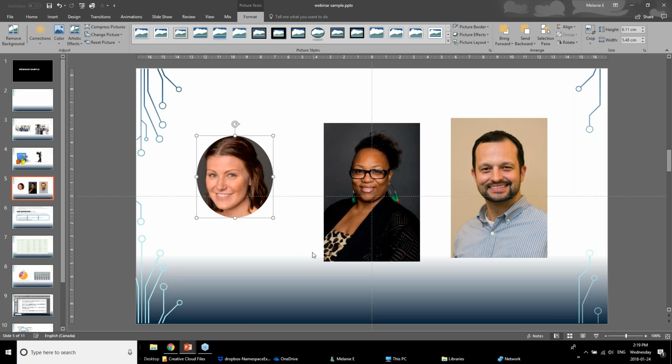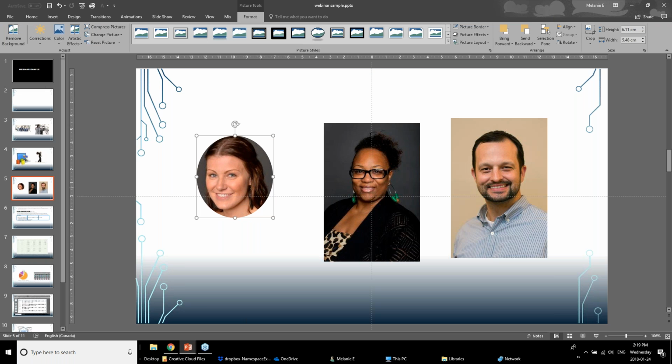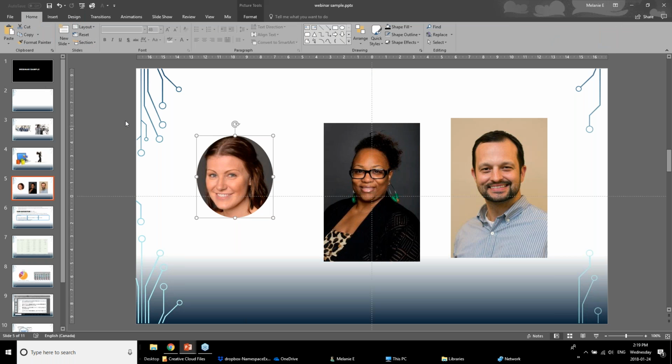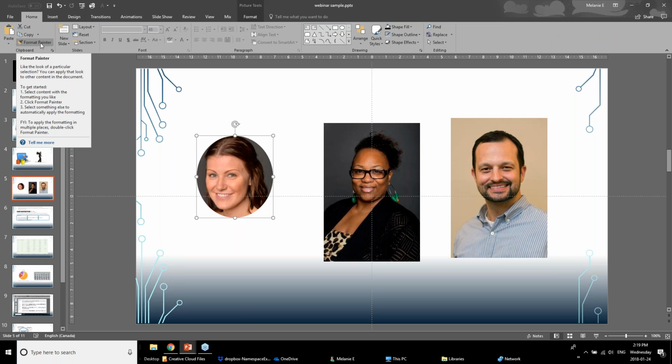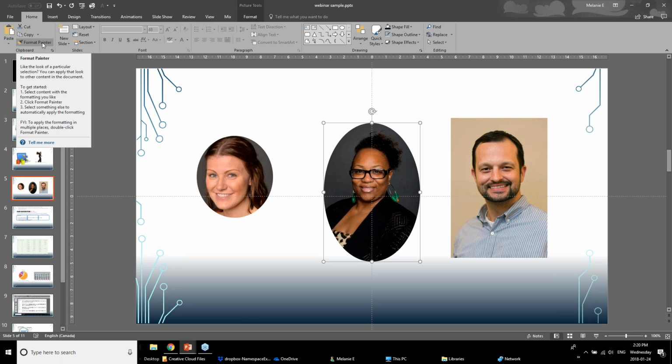Now, what's a great feature as well in the new PowerPoint is that if you spend a bit of work on one, you can kind of copy it and apply it to the next one. So I'm going to just go here to Home along the top, and you see where it says Format Painter. I'm going to click on that, and then I'm going to click on the next image. So Format Painter actually exists across all of the new Microsoft Office products, 2016. And I would say it's a great feature